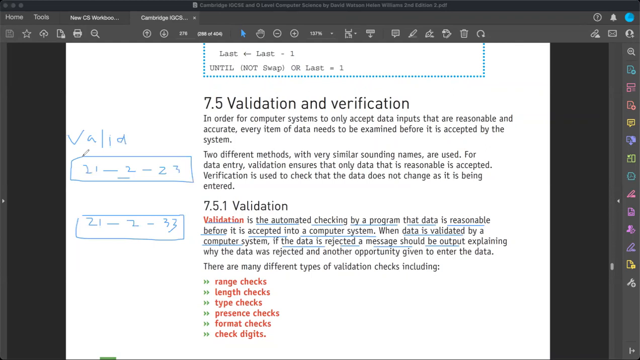It's invalid. So the police will stop the person and accuse the